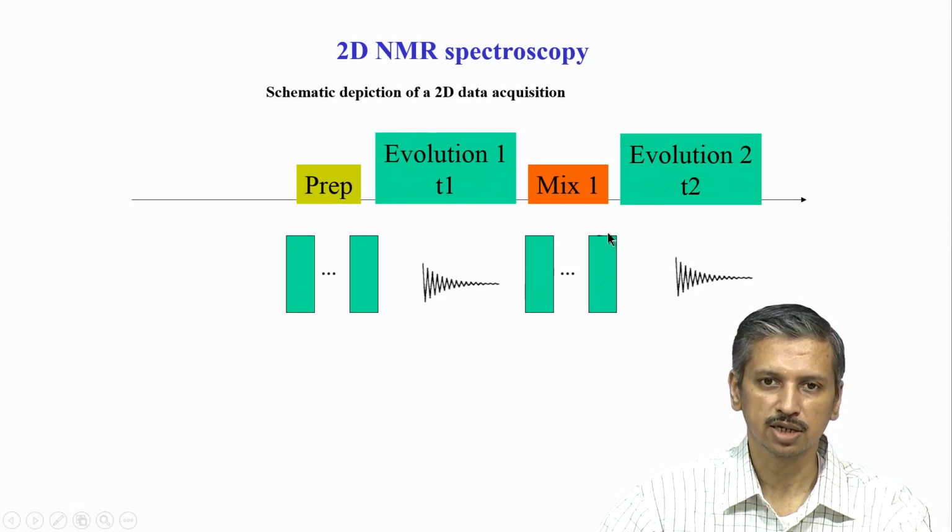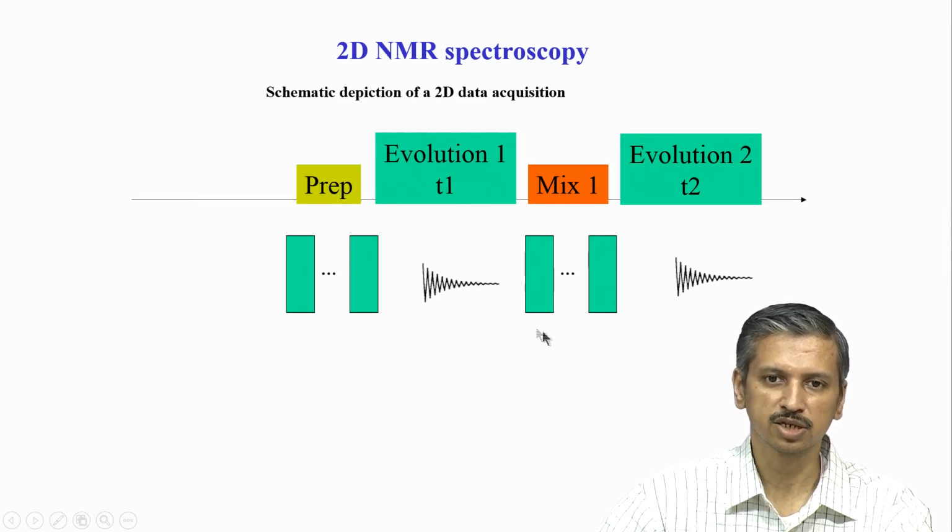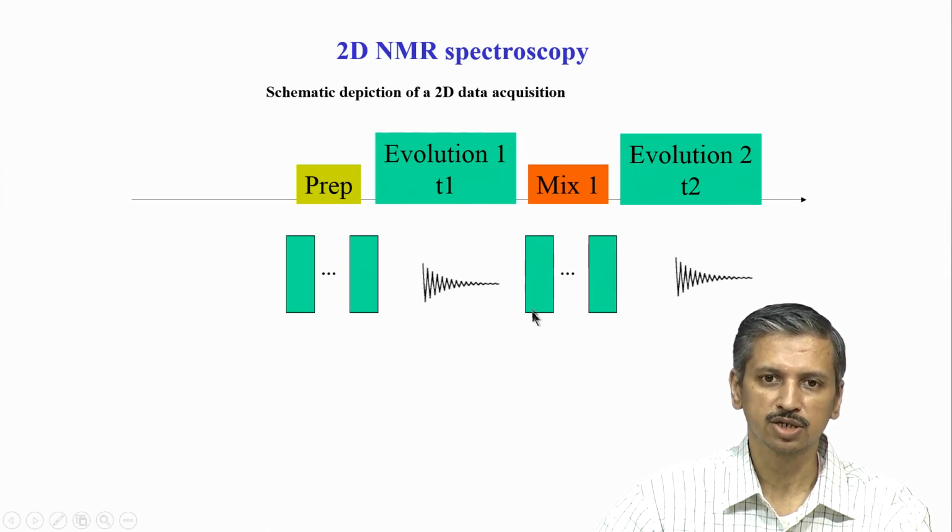and then the new set of pulses, the mixing pulse, is applied. The mixing pulse is basically doing the job of transferring the polarization, or exciting the second set of nuclei to which the magnetization has been transferred. And the final detection is again a simple FID which decays with time, and this is allowed to complete. We do not stop this in between; we allow it to complete fully.